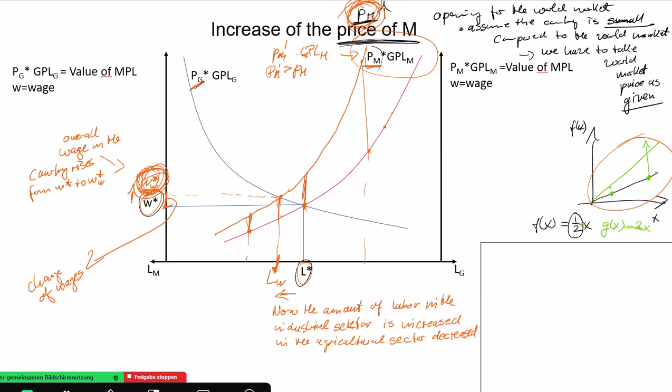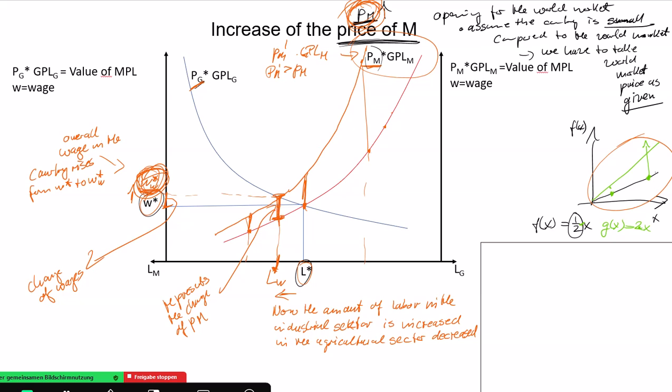And now, since this is not only a horizontal shift, because our new labor market equilibrium is on the left, we know that this represents the change of prices of machinery,